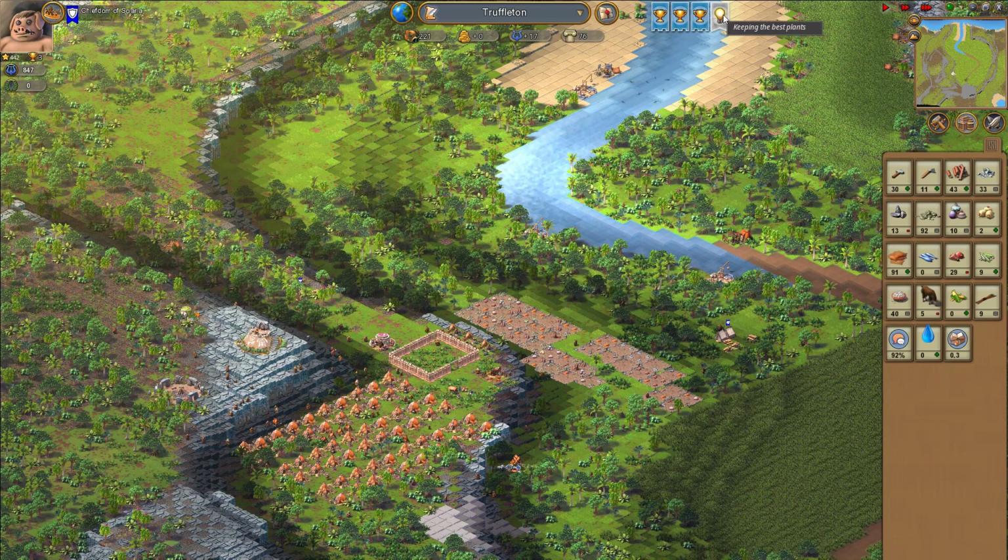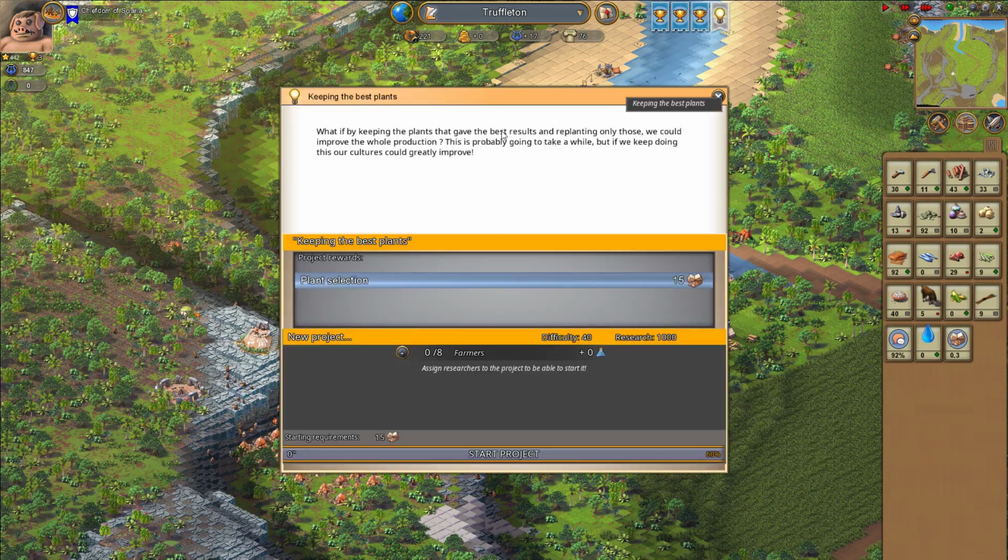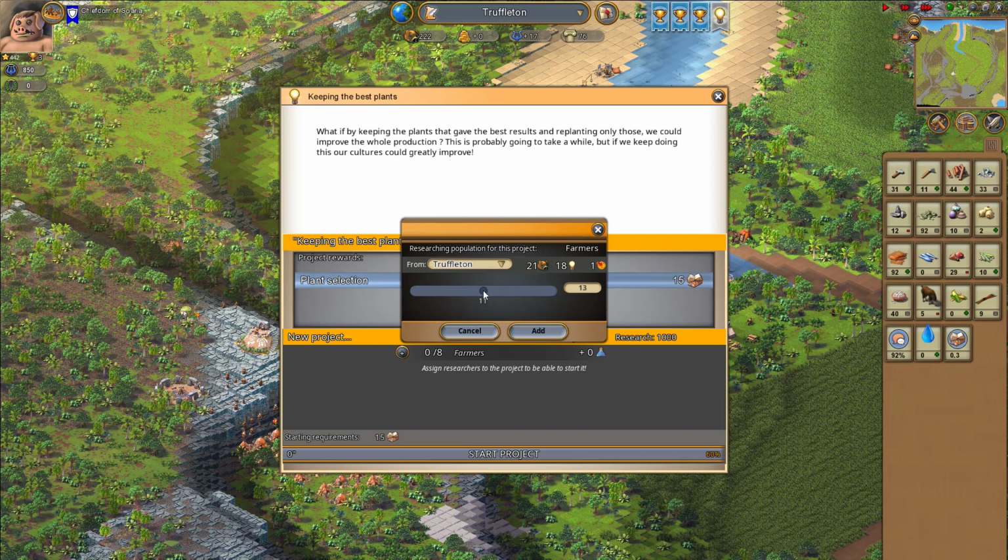So, what's this? Keeping the best plants. Oh, hello. Plant selection. Let's read it again. What if by keeping the plants that gave the best results and replanting only those, we could improve the whole production? This is possibly going to take a while, but if we keep doing this, our culture could greatly improve. Cultures, as in cultures of rice and so on. Keep the best rice, replant from the seeds of the best rice. That's the concept. Love it, and it's called...